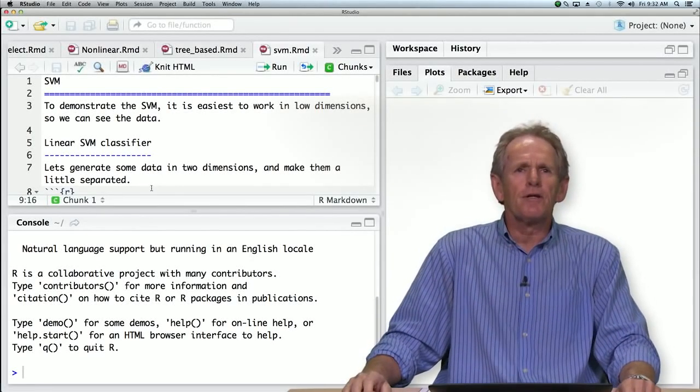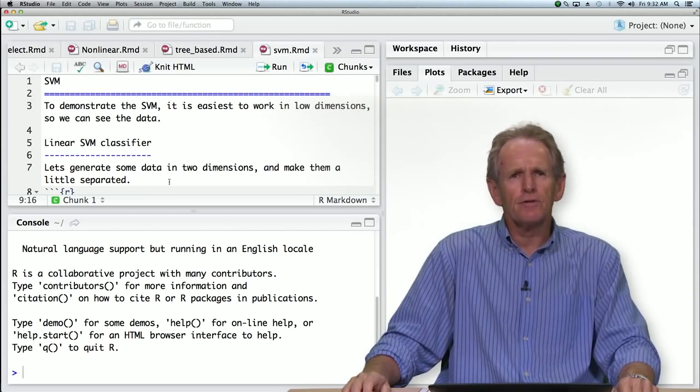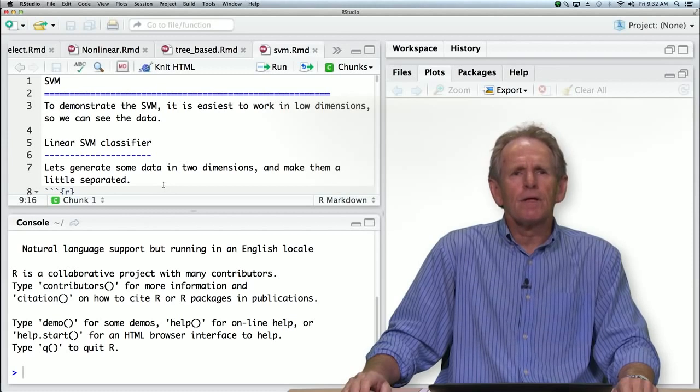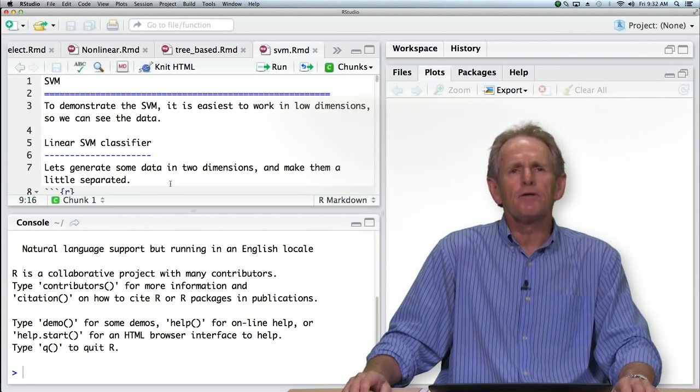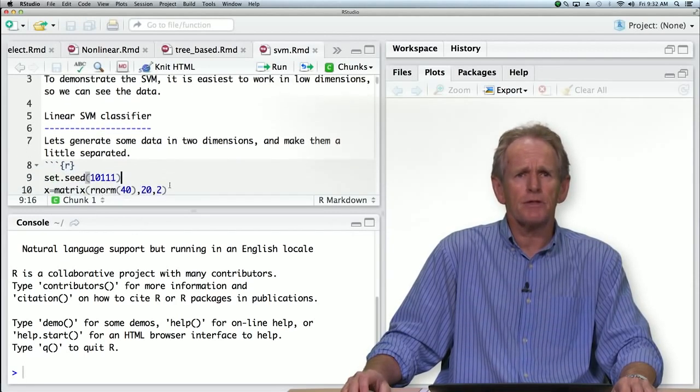Okay, in this session we're going to look at the support vector machine, and we're going to do it again in RStudio using the Markdown script as before. We're going to depart a little bit from the R code in this chapter, in that I'm going to be showing you two examples of using the support vector machine, both in 2 dimensions, and I'm going to focus on producing plots of the result, and so you can see how to make nice pictures like the ones we do